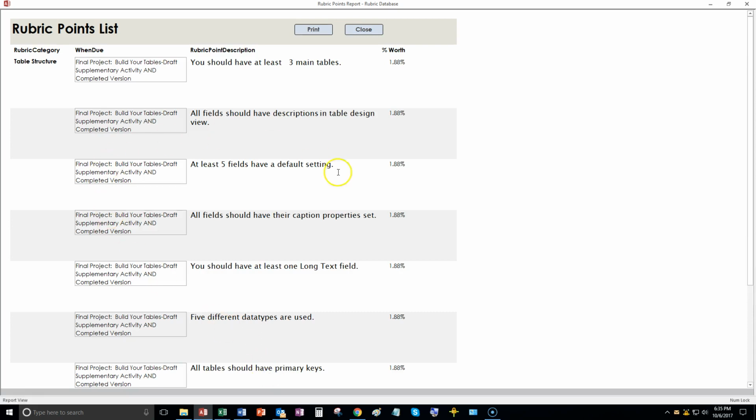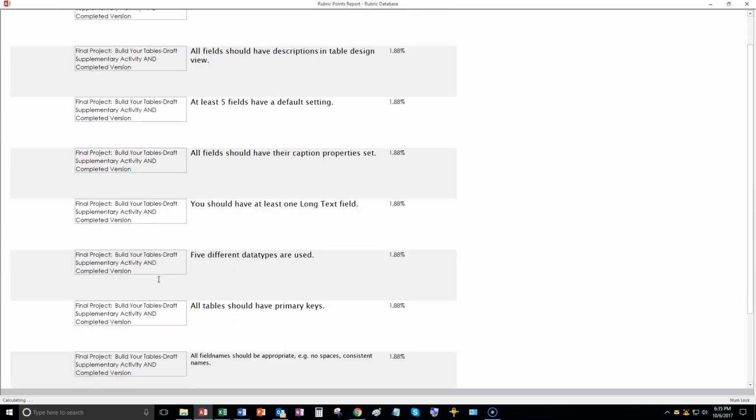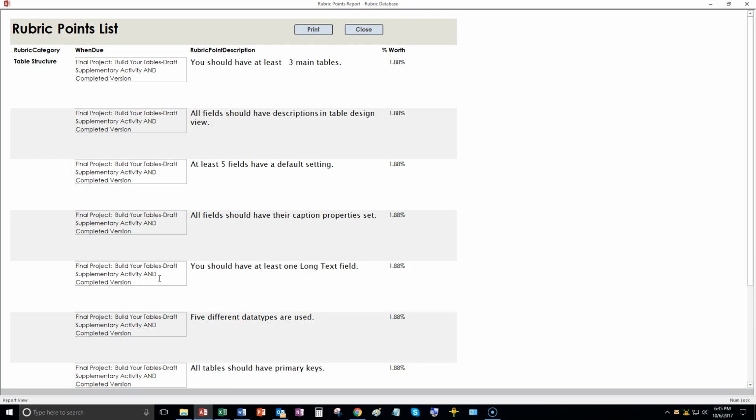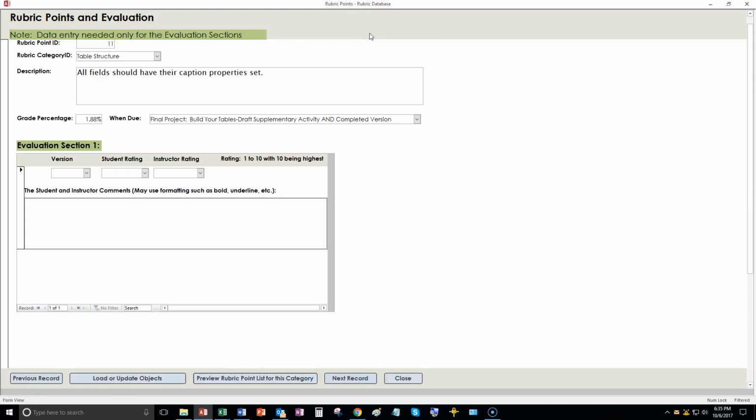And so this just shows you the rubric points for just this particular category. Okay, so I'll click on close, and there we are back here, and then we can click on close